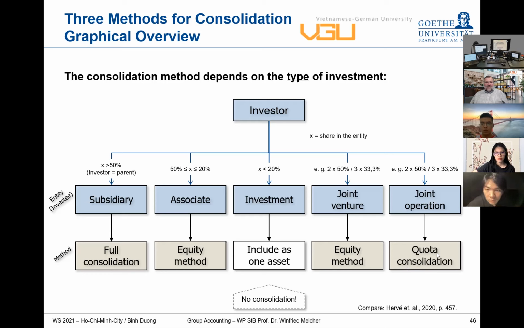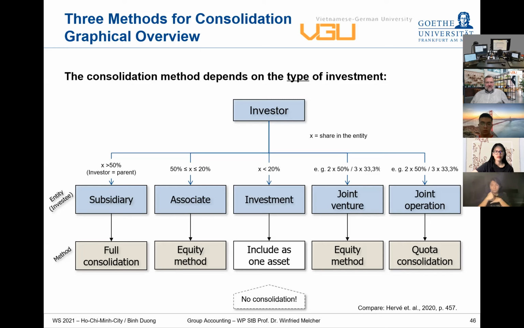And the company that is controlling the gas pipeline will consolidate the pipeline and the associated liabilities, and the other joint operator will put the power plant assets and the associated liabilities into the